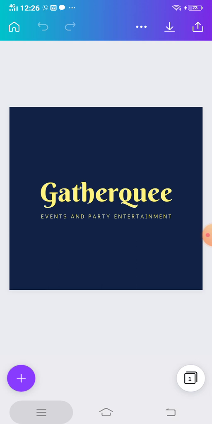So first of all, select here and make editing. First of all, select it and start editing it. So after selecting the file you have to just make the change in the color. After making the change in the color you have to make all the changes in the format, and after making the format change we have to change the